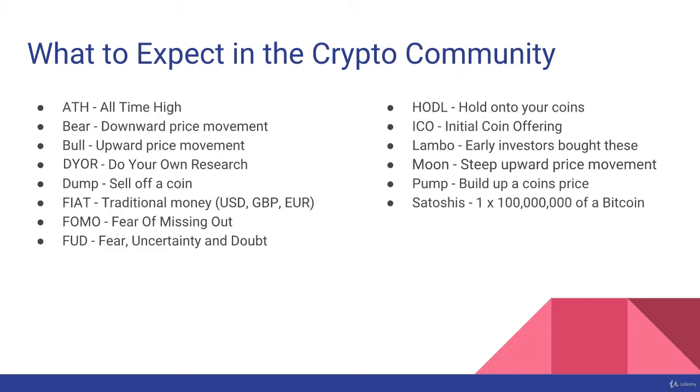So you may remember this term from earlier. It's Satoshi's. It is named after Satoshi Nakamoto himself, the inventor of Bitcoin. And one Satoshi, it's a fraction of a Bitcoin. It's 1/100 millionth of a Bitcoin. So obviously Bitcoins are about $8,500 at the moment. I mean, when you listen to this lecture, that price could be massively different. But obviously, with a price that high, we need to divide the coin up into much smaller parts so we can buy and sell smaller amounts. And one Satoshi is 1/100 millionth of a Bitcoin.